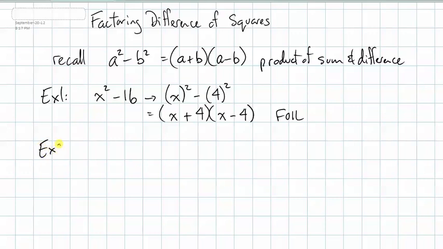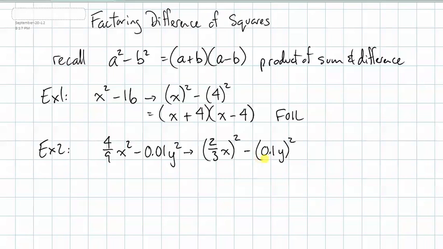A little bit more difficult example. 4 over 9 x squared minus 0.01 y squared. Again, I'm going to choose to rewrite it for clarity. 4 over 9 is 2 over 3 being squared. Decimal 0.01, well, we've got two decimal places. That means we were multiplying one decimal by itself. Decimal 0.1 squared. This leads to